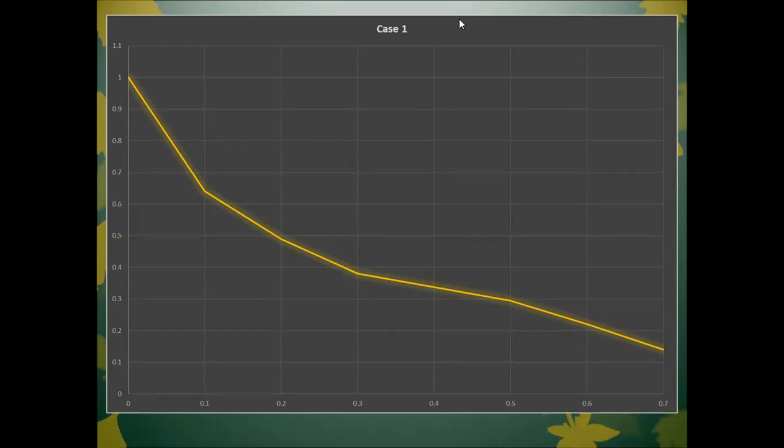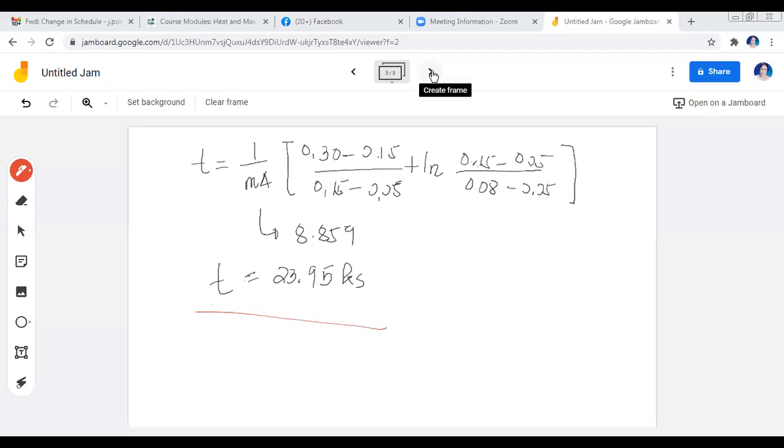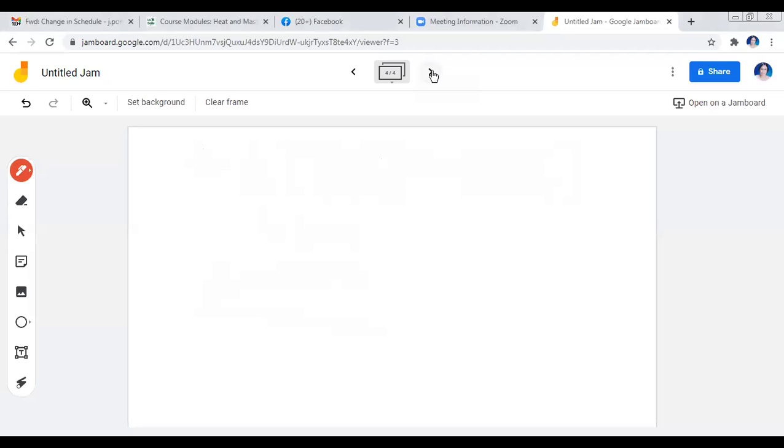So I'll go to our board. And first, we'll write down the given in this problem. So case 1, same material, the thickness is